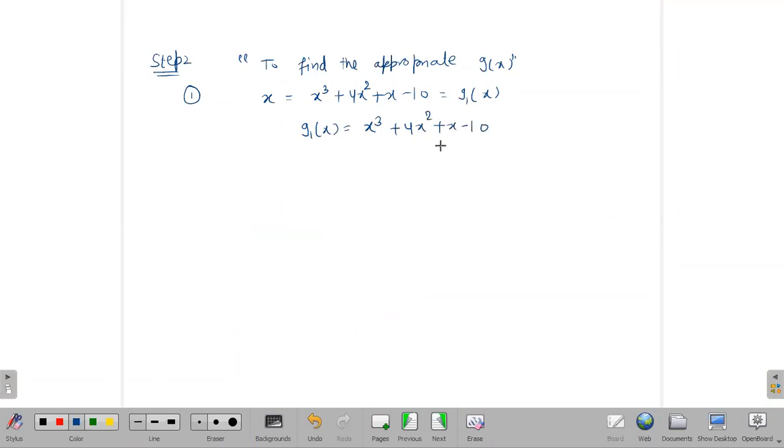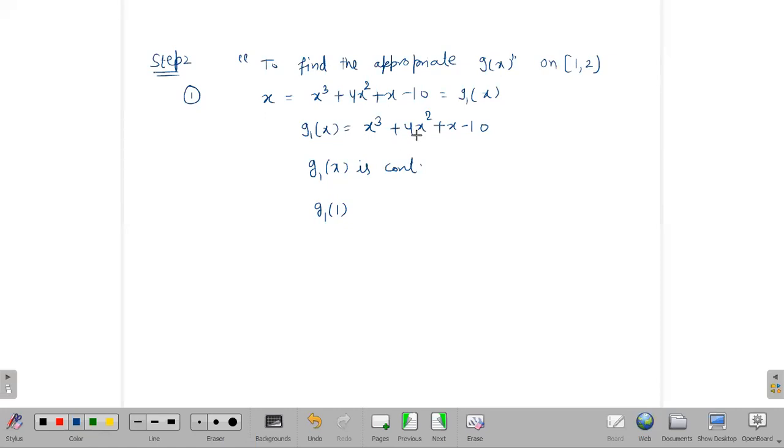Is it an appropriate g of x? Because it is a continuous function. But what about the second condition? You have to check the conditions also. If all three conditions are satisfied, then your g of x will be appropriate. If any one of the conditions is not satisfied, then you can leave that g of x and try another one. Okay. So now g1 of x is continuous, which means you have to find only that point where the condition is not true. So let us look at g1 at 1, because we are working on the interval 1 to 2.